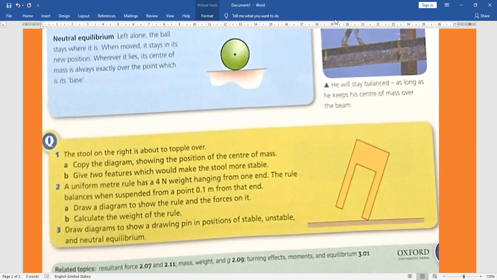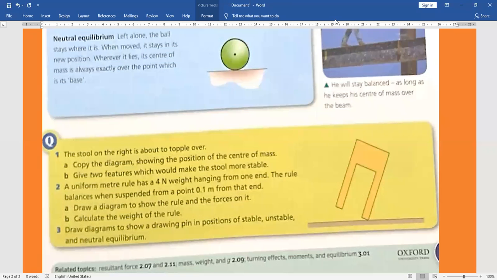सर, क्वेश्चन नंबर 2: A uniform rod with a 4 Newton weight hanging from one end. कहता है एक रूलर है जिस पर 4 न्यूटन का वेट एक एंड पे लगा हुआ है। Is the ruler balanced when supported from a point 0.1 meter from the end? सही है, ये वही फिगर है, वही सवाल जो अभी आपको करवाया था।